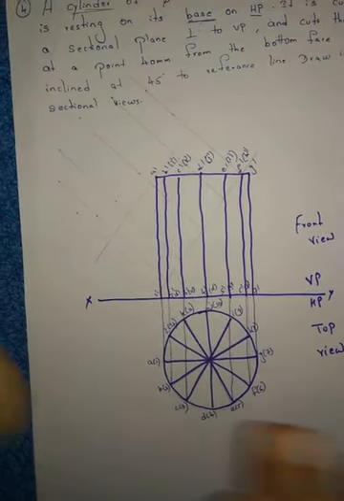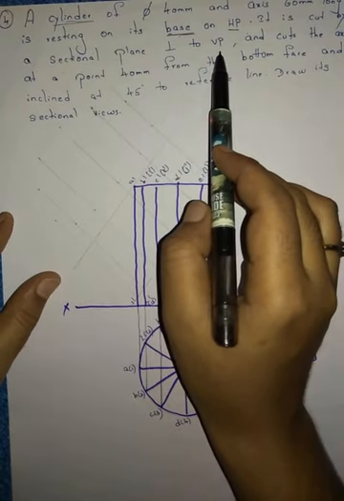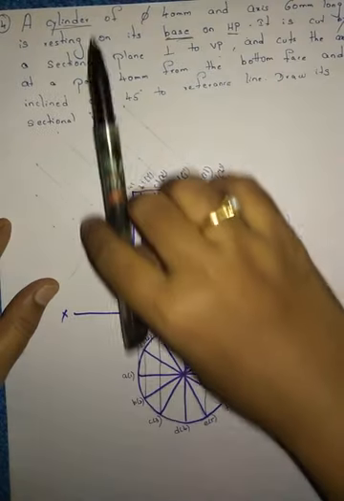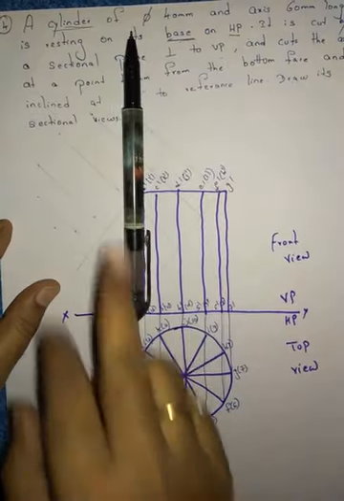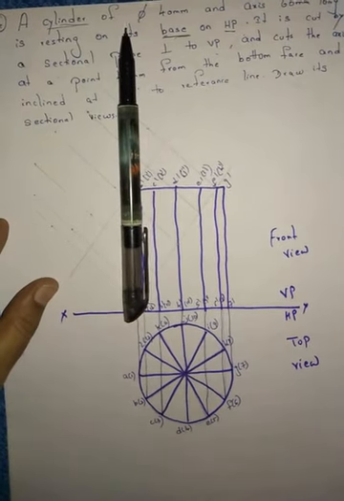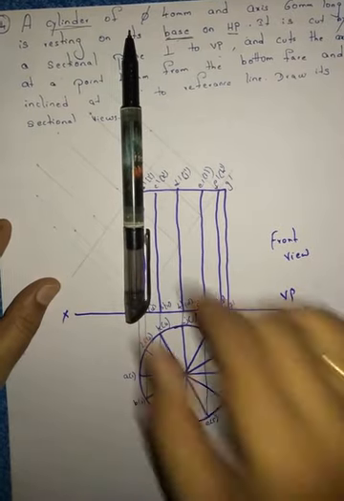Now what is the second point? Second part is about the sectional plane, right? Where we have to draw the sectional plane. It is cut by a sectional plane perpendicular to VP. Perpendicular to VP means if I am keeping a straight line in VP in this position, this is perpendicular to VP, right? So we know one thing, we are going to draw a sectional plane VP.